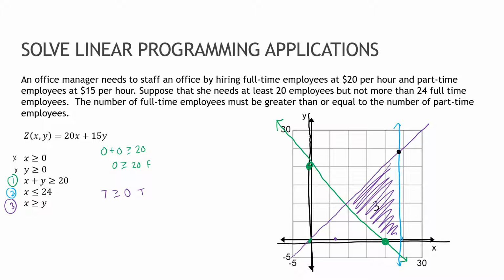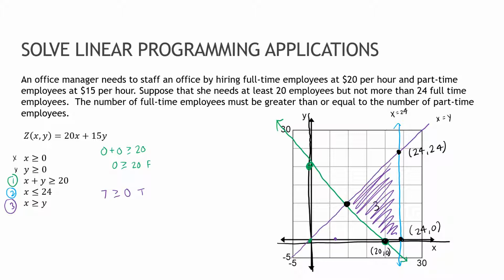This guy right here is a point, and I don't have to do any crazy math here. I know that this is the line x equals 24, and this is the line x equals y, so this must be the point (24, 24). Same thing right here. This is the point (24, 0). This guy is the point (20, 0). And this last point, if I were to graph better than I did, would actually be right here at this